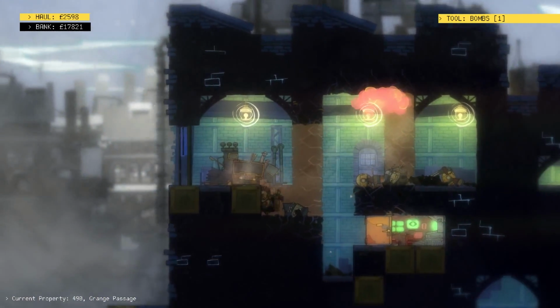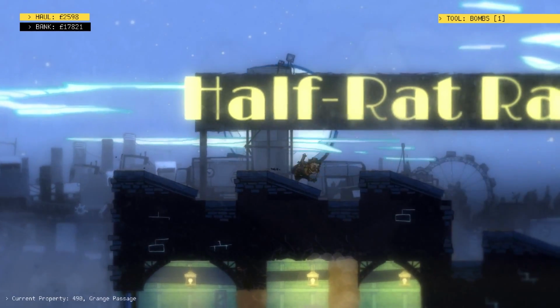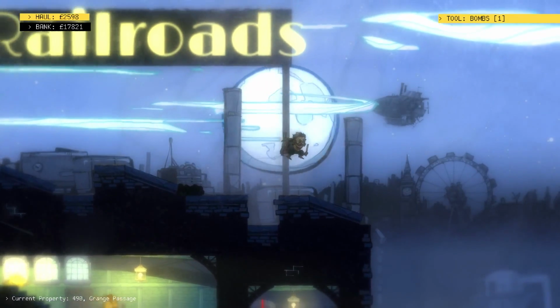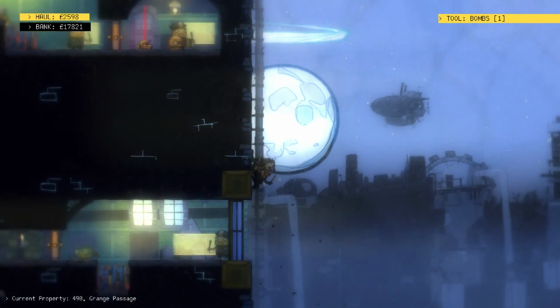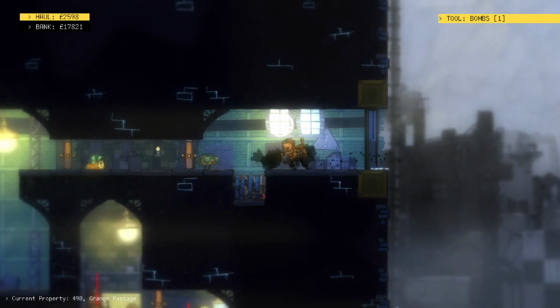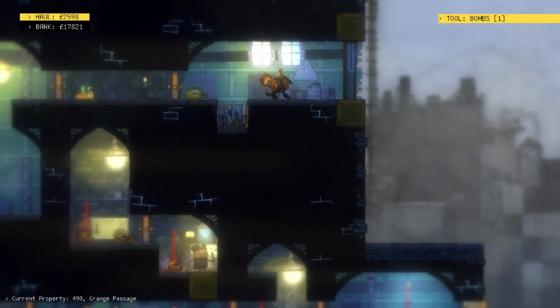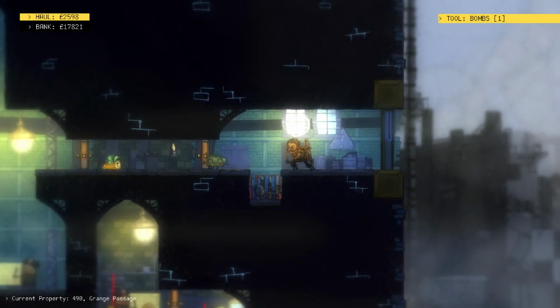Alright, so that was technically a gamble, because it might turn out that there's a computer that we need 2 bombs to get to, and that would be worth a lot more than just that little bit of money. But, you know, I'm being optimistic. Well... That's annoying. Very annoying. Okay. So...